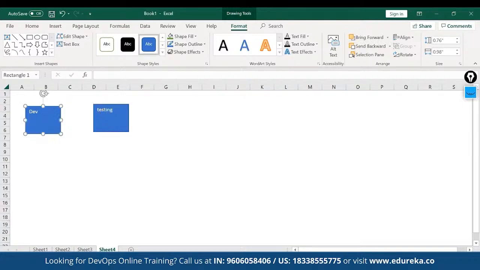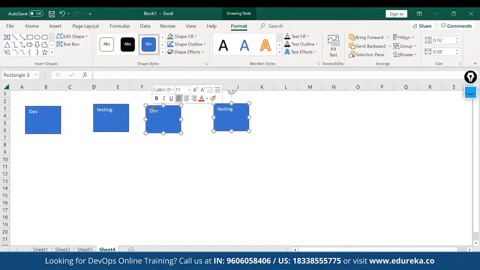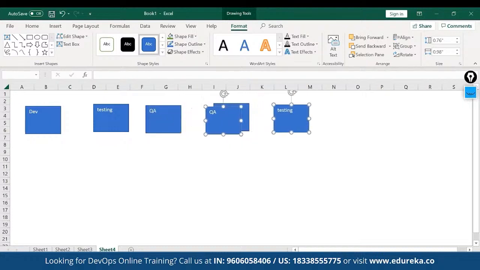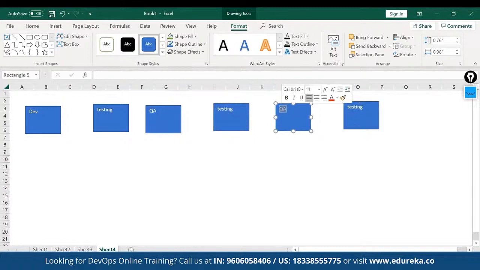Okay. And after I deploy the code to the dev environment, then I have to go and deploy my code to the QA environment. Then I deploy my code to another environment, which is the SIT environment, NFT environment. SIT and NFT is one type of environment, could be any naming convention. SIT is called system integration testing, NFT is called non-functional testing. Once I deploy my code to SIT and NFT, then I have to move my code to